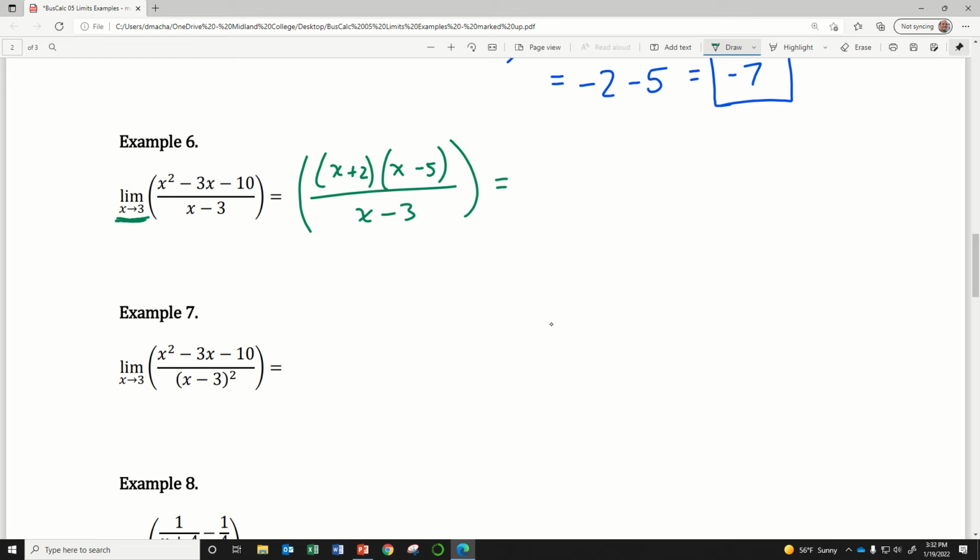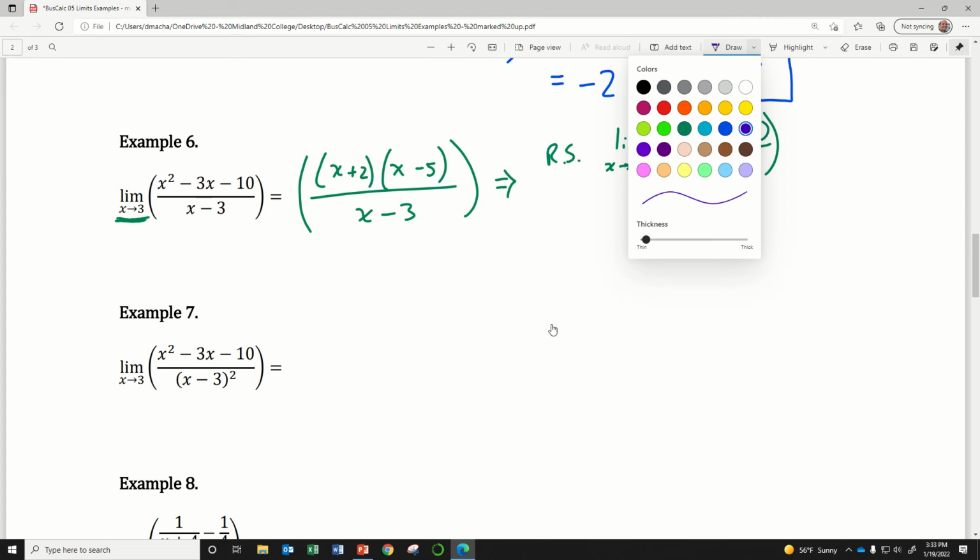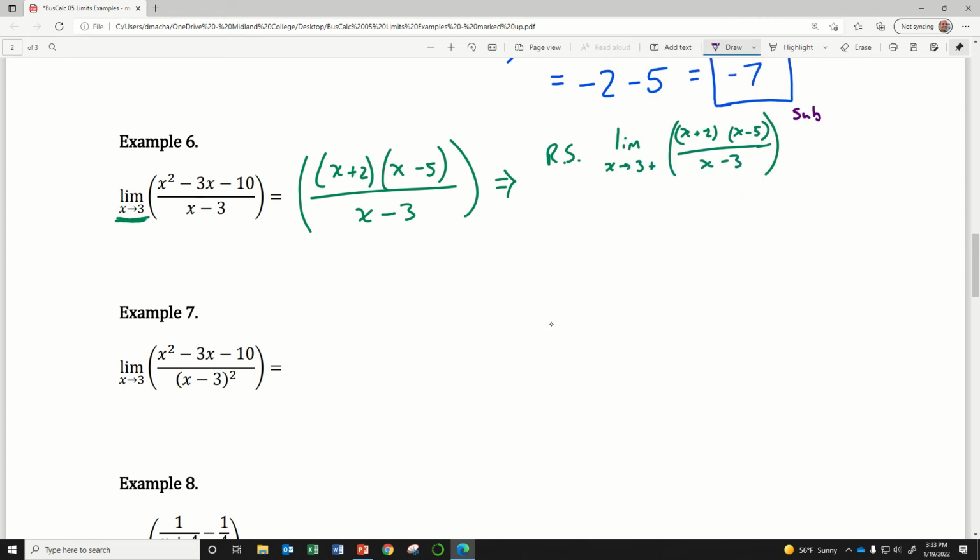Let's think for a moment about what the right-side limit would be. So let's think about the limit as x approaches 3 from the right side only of what we've got here: x plus 2 times x minus 5, divided by x minus 3. And as I'm thinking about x approaching 3 from the right side, maybe I'm just going to try to substitute something that's just barely above 3. I'm going to substitute x equals 3.01 into this